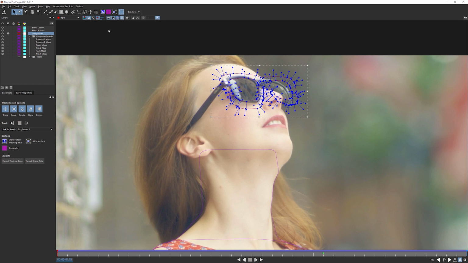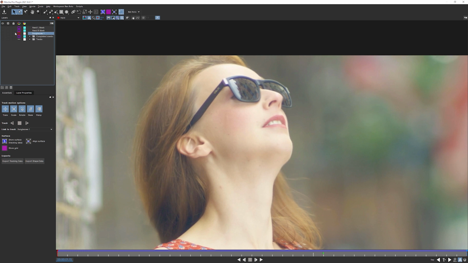So I'm going to turn off the overlays here so we don't get confused about what we're seeing. I'm going to turn off everything apart from my sunglasses. I say turn off everything, I just turn off visibility on everything. And let's create a new X-spline layer and come in and we'll just do the nose here. Boom, boom, boom. Make it nice and pretty. I'm not going to worry too much because this is going to just be a very rough nose track mat.